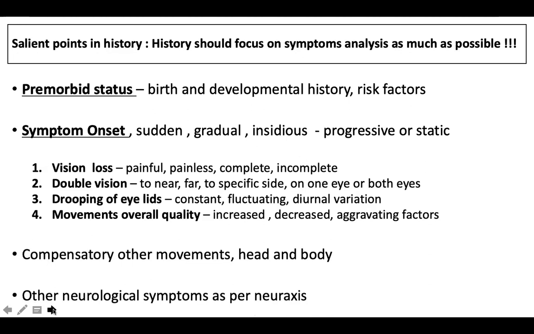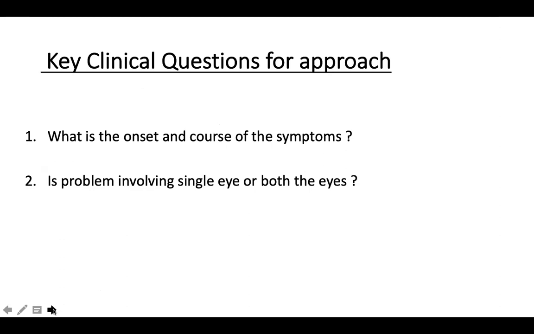Is the child having encephalopathy? Is he comatose? Is he having altered sensorium? Is he having brief and sudden eye movements associated with loss of sensorium, where you think about conditions like seizures or channelopathies and so on. Right. So there is no end in you analyzing your history. It requires more practice, but you need to go stepwise and try to get history as relevant and as detailed as possible. So once you have taken salient history, we need some 2 or 3 clear questions in mind to reach a proper and a reasonable diagnosis.